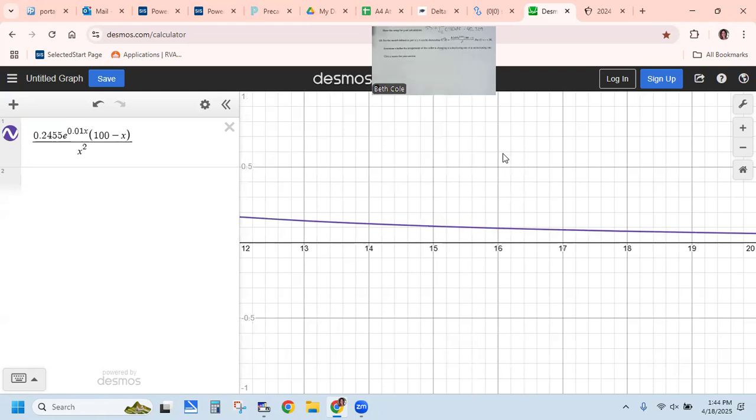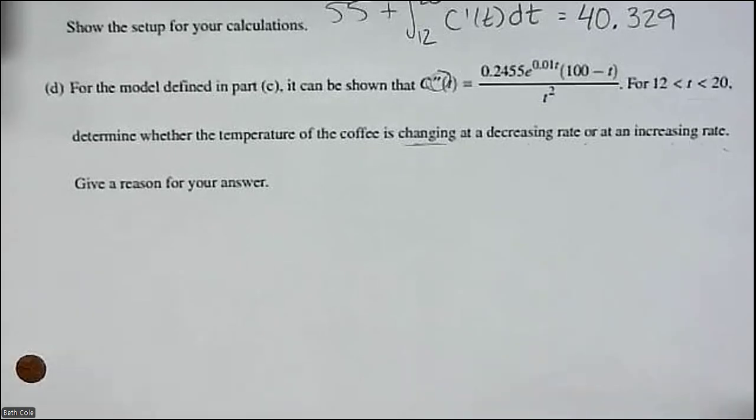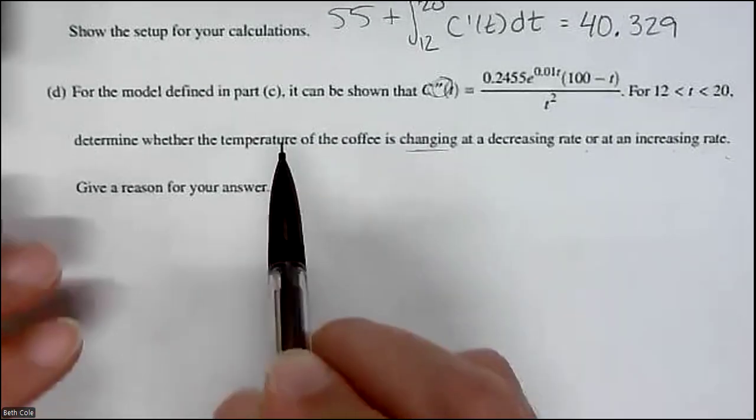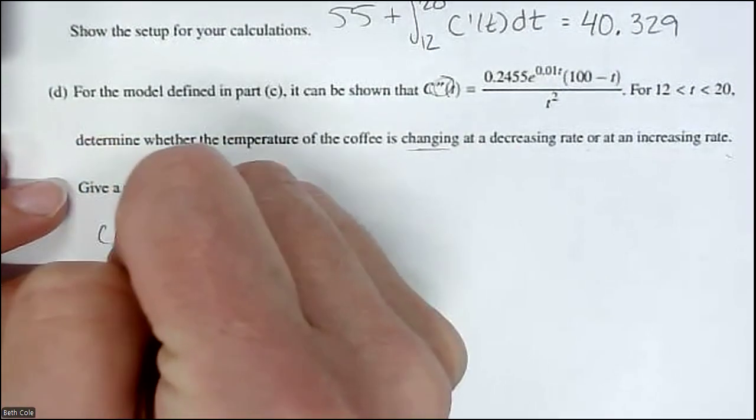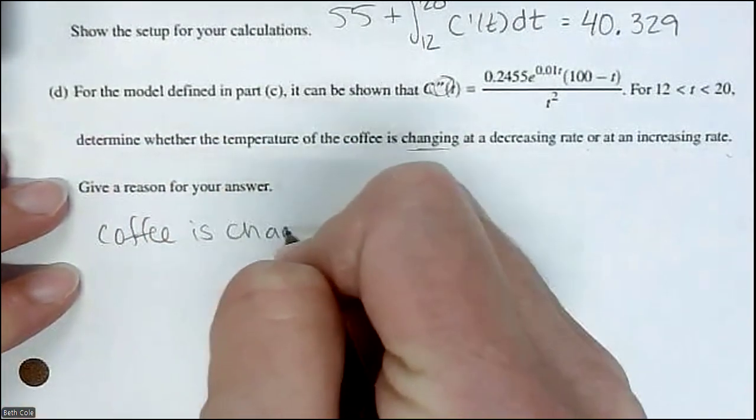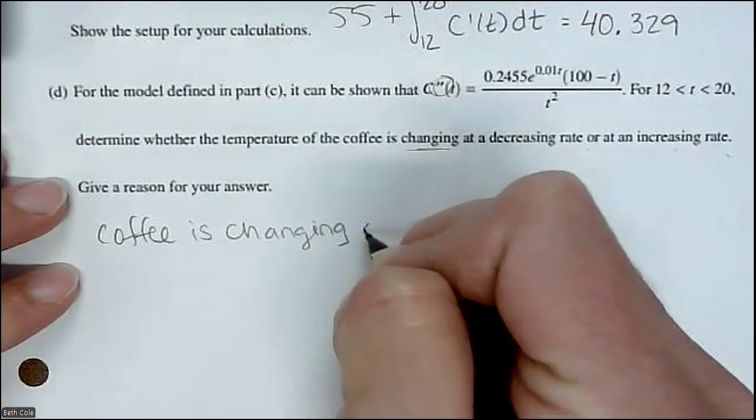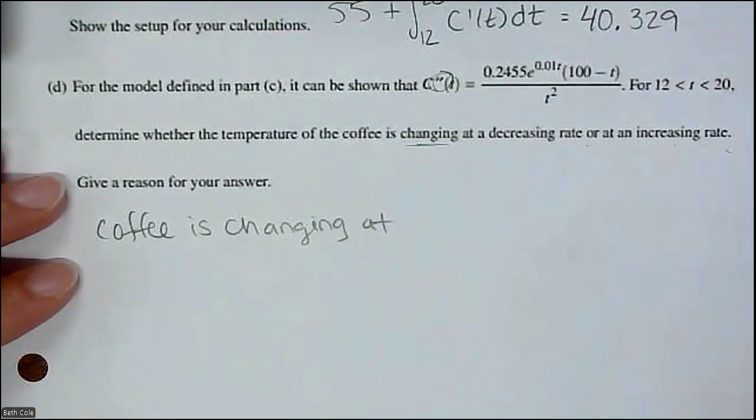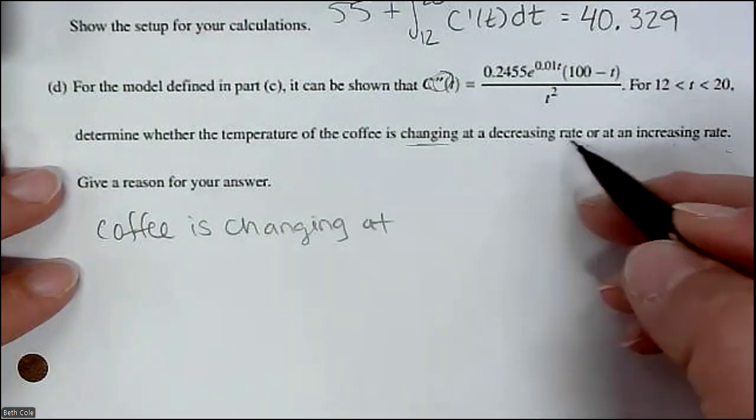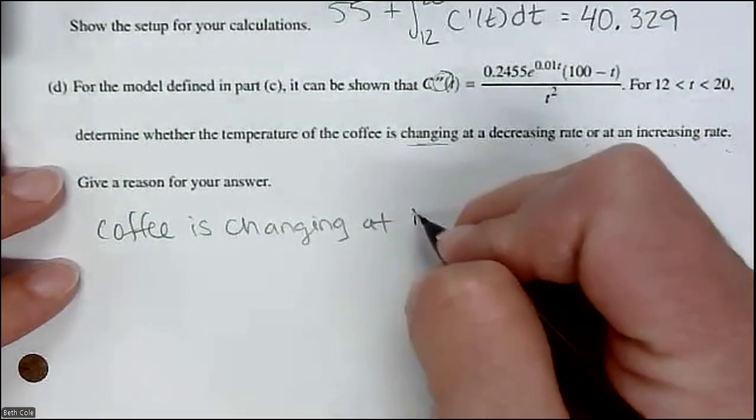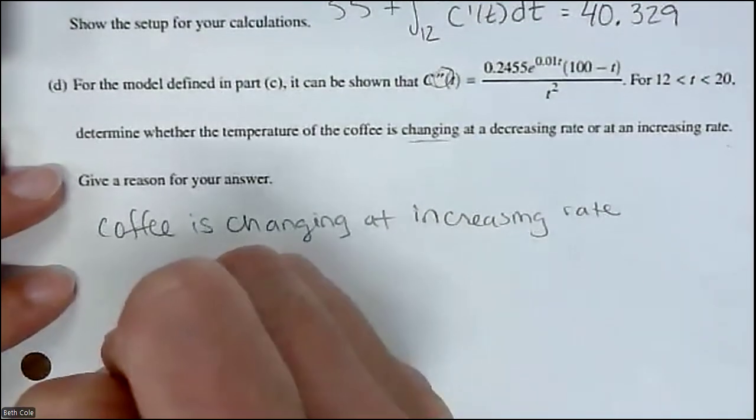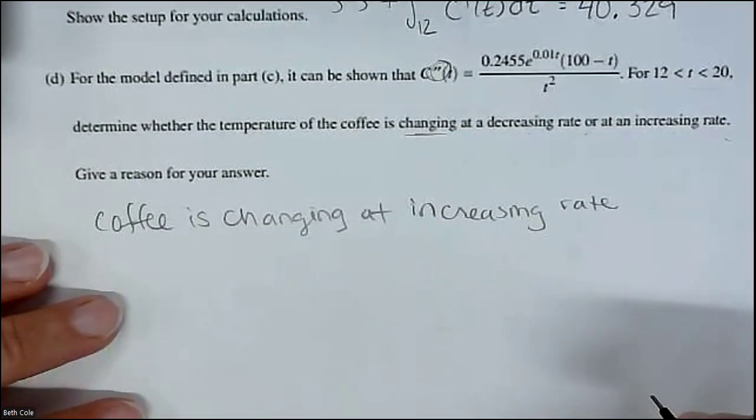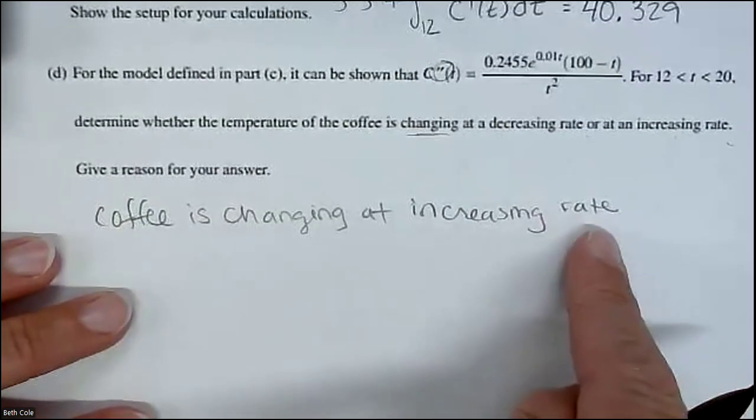Okay. Is that above sea level or below? Above means it's positive. And you want to basically repeat the prompt. So they're asking if the coffee is changing at... So we're going to say coffee is changing at what? Decreasing rate or increasing? At increasing rate. I'm not at the because yet. We're going to get there. Coffee is changing at an increasing rate